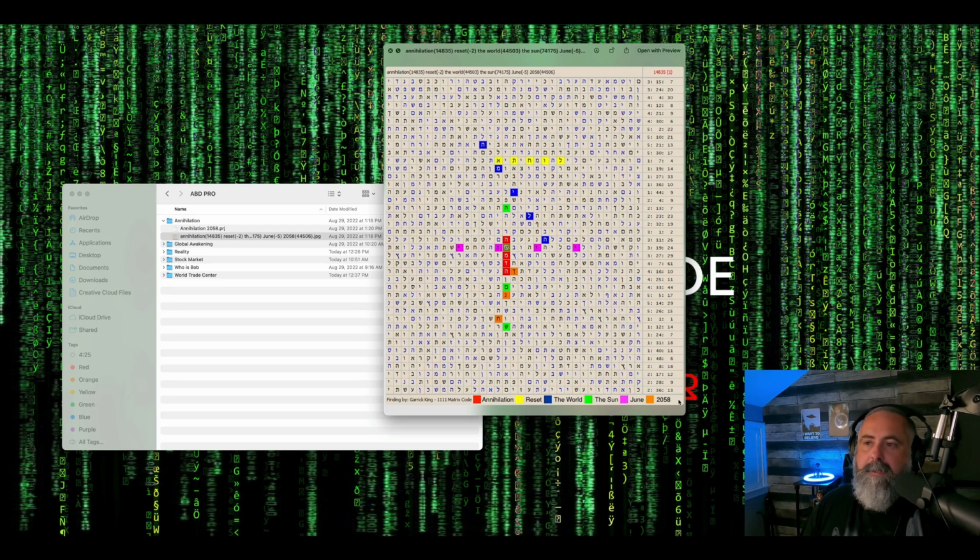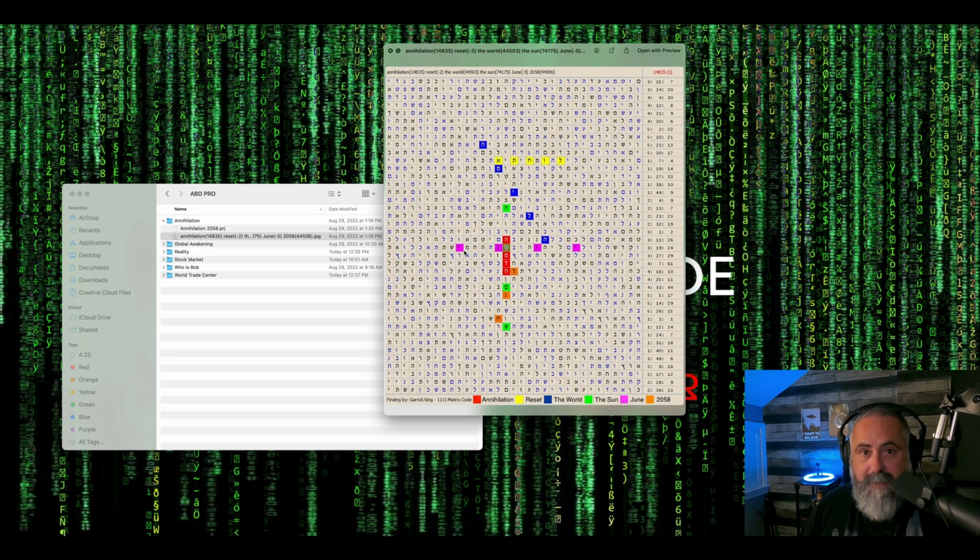Okay, so think about it, folks. We have annihilation, the world reset, and as I've talked about, it possibly being a solar flare. We have the words the sun being the form or what is going to cause the annihilation, because it's in the same column, it's crossing over the word annihilation, and it's actually using part of or a letter out of that word. And then, as I've talked about, we're supposed to have a summer solstice solar eclipse in June